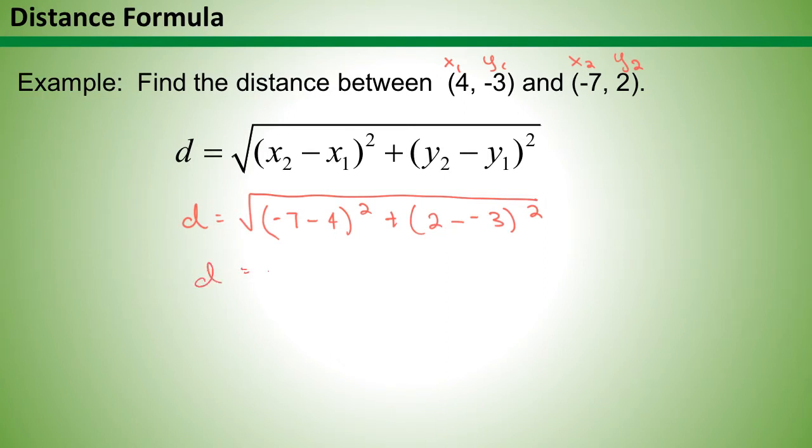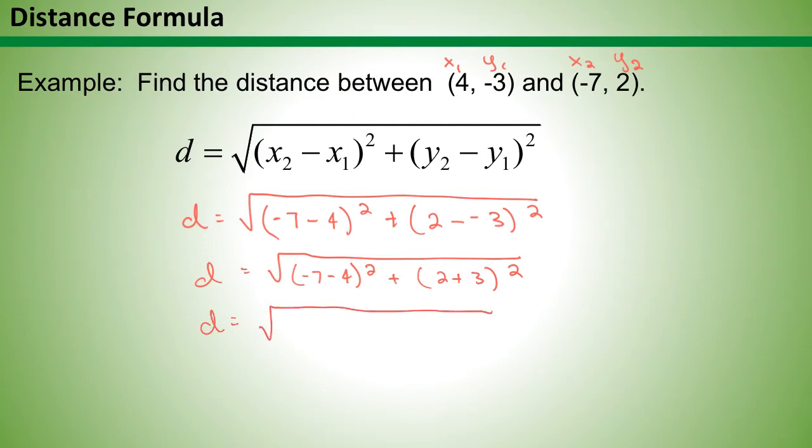D is equal to the square root of (-7 - 4) squared plus (2 + 3) squared, okay? So let's start with these parentheses, okay? D is equal to the square root of (-11) squared plus 5 squared, okay? Let's go ahead and square those numbers. So D is equal to the square root of